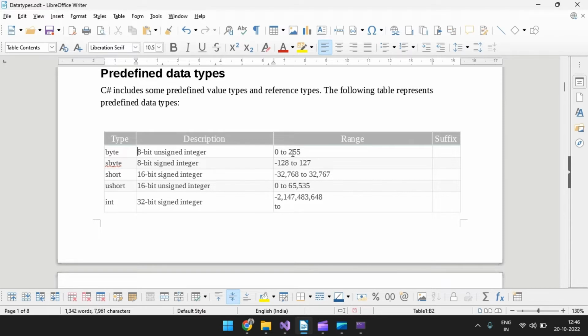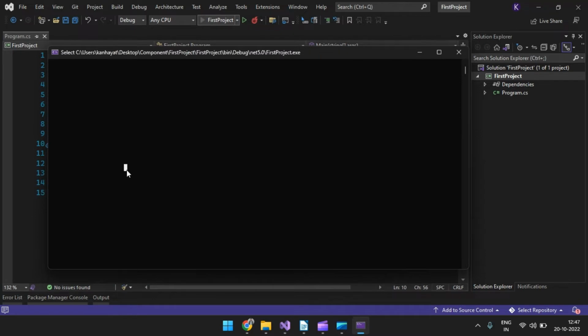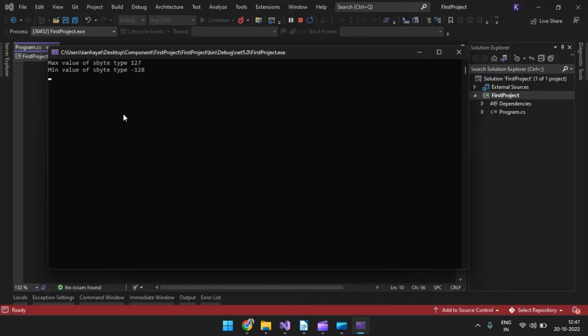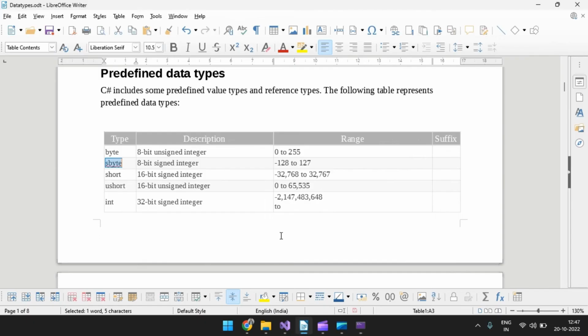And in the range section, we have 0 to 255. Similarly for sbyte, we can check for any type: just write the type name, MaxValue and MinValue. Run again. So here the max value is 127 and the min value is minus 128. So this is the range. We can check the range from the max value and min value. Then the type is byte,